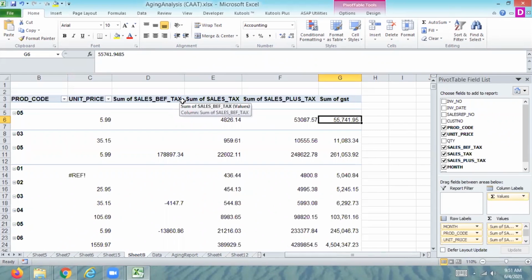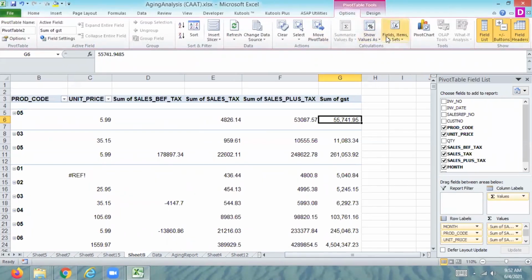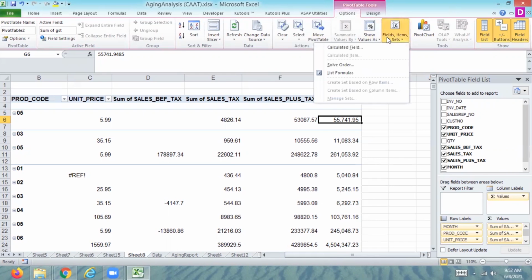Okay, friends. Now we will discuss the sum of GST. So the GST value is put out on the basis of this one. We have a clear idea about the particular value. On the basis of this, we have to calculate the GST and show the option, and how to put out the option. It is called value field item and calculated field, solve order, list of formulas,